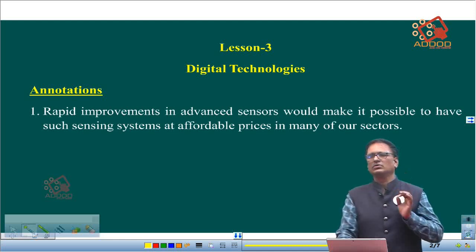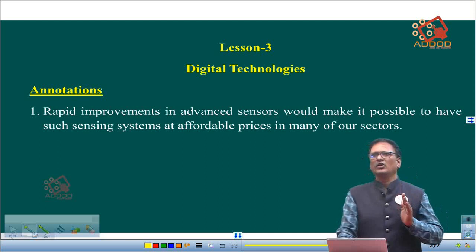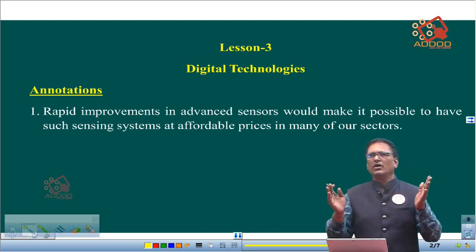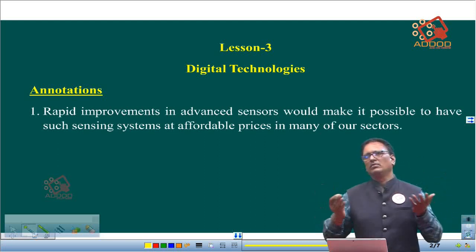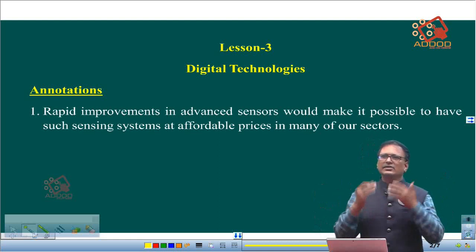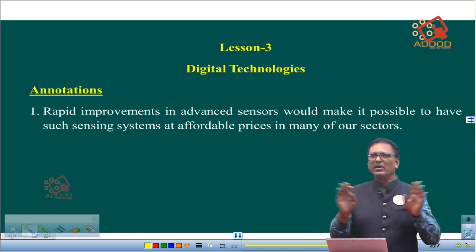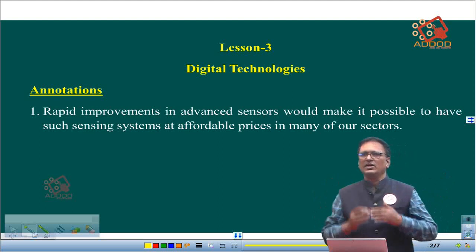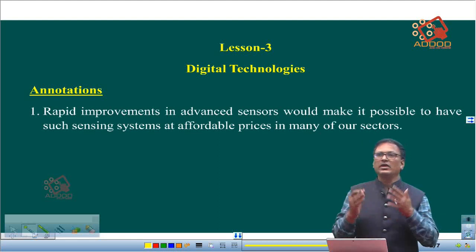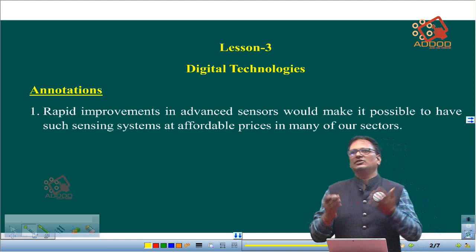So a simple question: why do we always go for advancement in science and technology? What is the reason? See, today's science and technology, if left free, what is the problem in the future? That is a question. So the answer here is that science and technology is not static. It is always dynamic, which means it keeps on changing. Now you question again, why do we see the change? Because our needs change, our lifestyle changes.